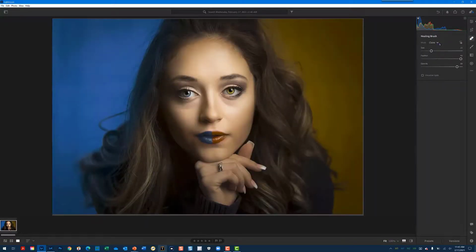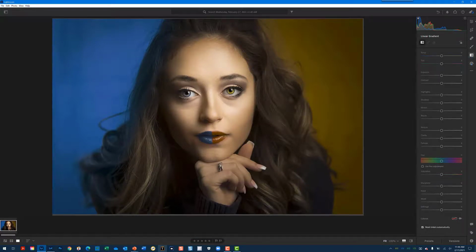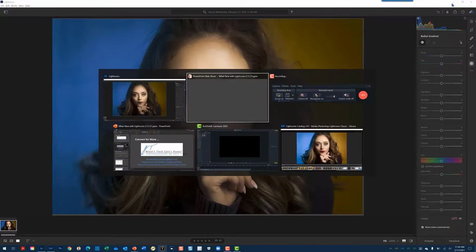You'll still be familiar with clone and heal. That's still available to you. You've still got the brush settings like you've had before. Very, very familiar with those. There's your linear gradients, and there's your radial gradients. So a lot of these same features are carried over from Lightroom Classic into Lightroom, even though it's a much, much newer app. You'll also see a lot of these same things where you can copy settings, etc. So that brings me to what are some of the variances that you didn't see when we walked through some of these different things. So let me bounce back over to my PowerPoint